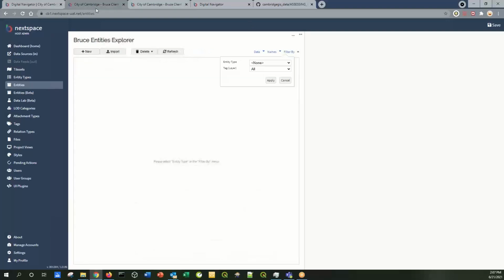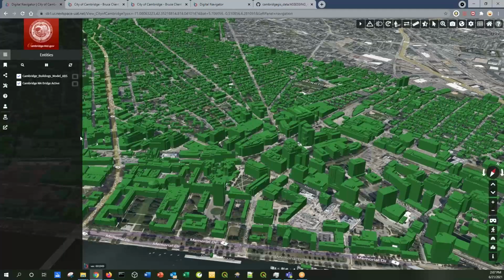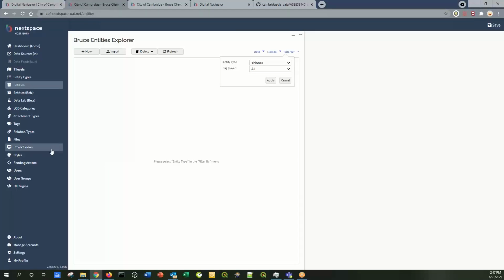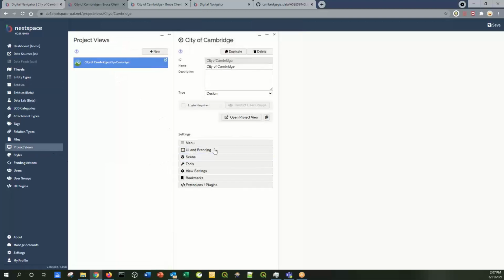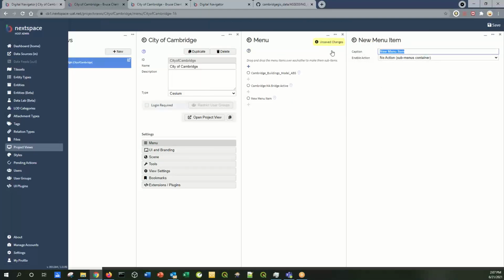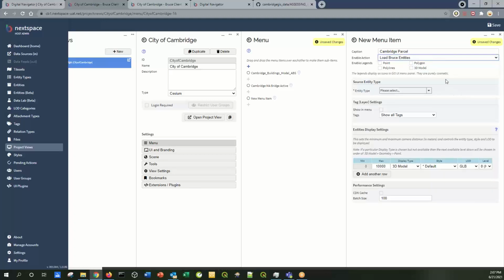Okay, now we can turn it on here as a layer if you want to see it. Let me show you. So one more menu, so we can add. Tell me if I'm going too fast, you just tell me to stop. So once you have the name, it's a Bruce entity, and it's a polygon. So select